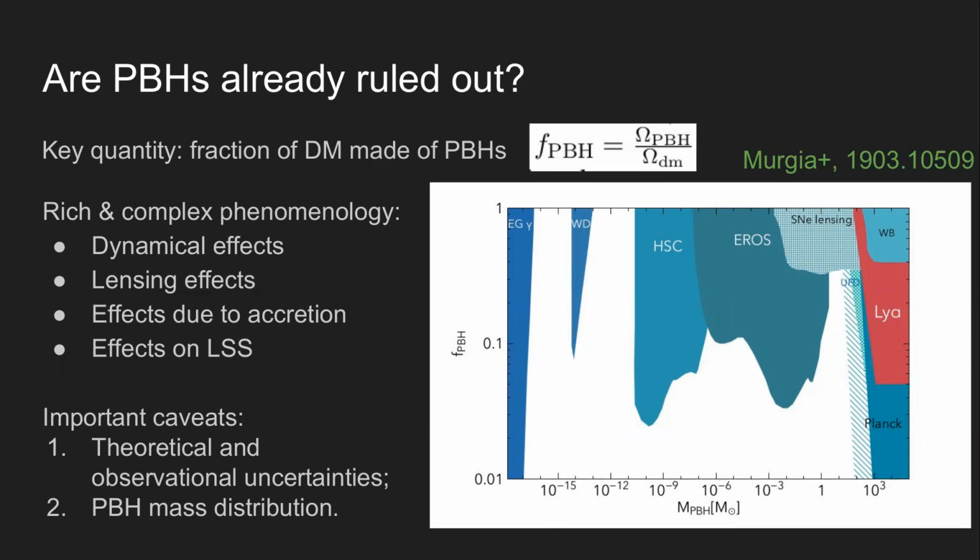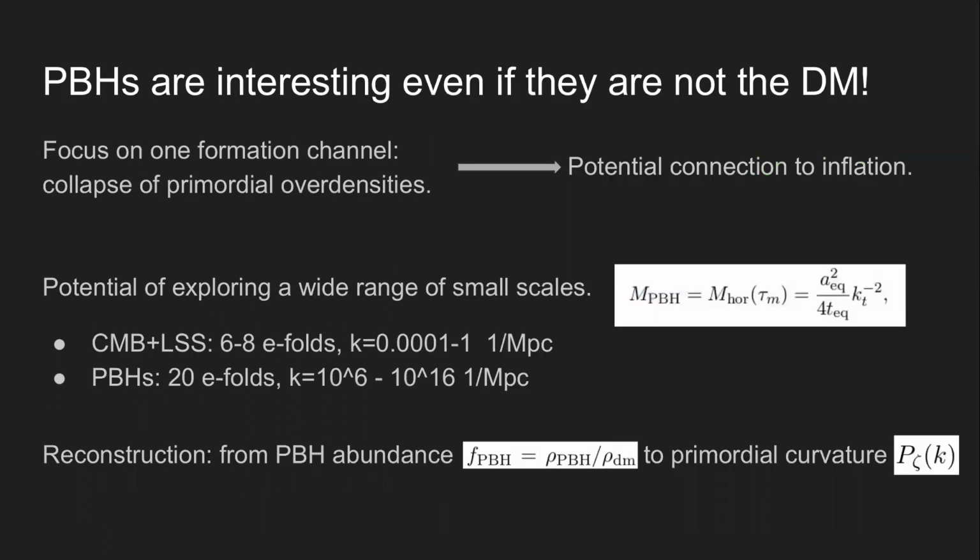But my point is that I actually don't care, because as I said, even if we detect only one, we can learn something interesting about the first stages of the life of our universe that we can't probe in other ways. In particular, if we assume that these objects form because of the collapse of large primordial overdensities, we can hope to connect these large overdensities to some non-traditional inflationary stage. And